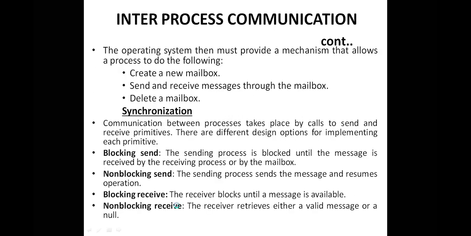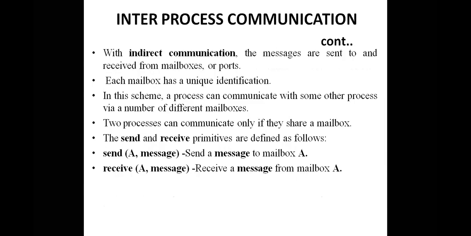Coming to indirect communication. In the case of indirect communication, the sender will send a message to a mailbox and we get the message from the mailbox. There is no communication between P and Q. P will send a message to the mailbox and Q will receive the message from the mailbox. That means the mailbox works as a mediator. Both sender and receiver use the mailbox, so that is the reason why it is called indirect communication.